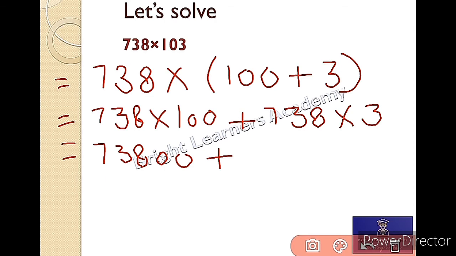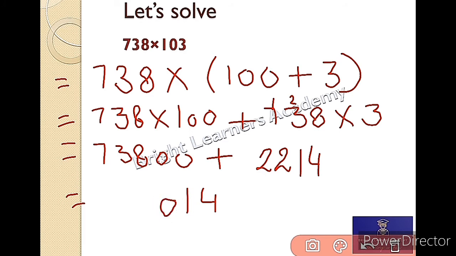So it would be 8 3s are 24, 4 here, 2 carry over, 3 3s are 9, 9 plus 2, 11, 1 here, 1 carry over, 7 3s are 21 plus 1 is 22. Now let's add them. So it is 4, 1, 8 plus 2 is 10, 1 carry over, 3 plus 2 5 and 1 is 6 and then 7. So this is my answer,